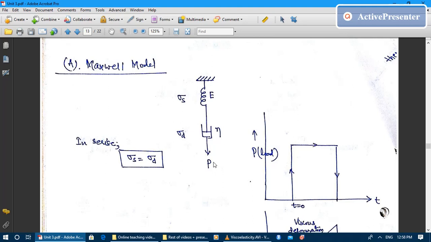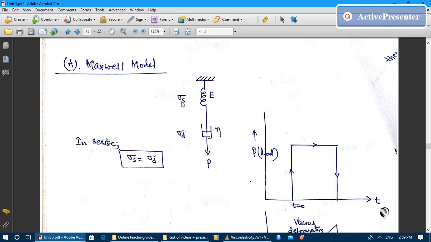Here you have to understand that the symbol P is for the load. Load means force, and the unit will be Newton. It is not a pressure. Pressure has the unit Newton per meter square. So here we are talking about load. Load is a force and force has the unit Newton. So upon applying load P,